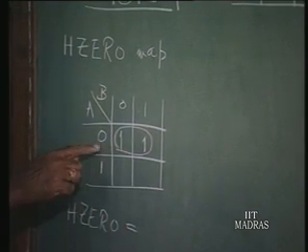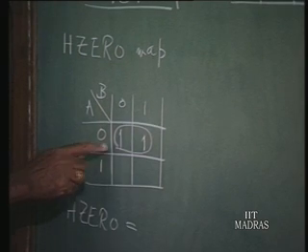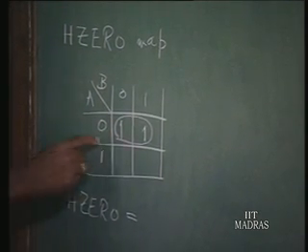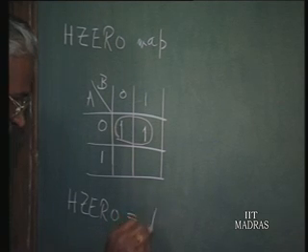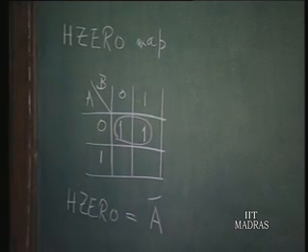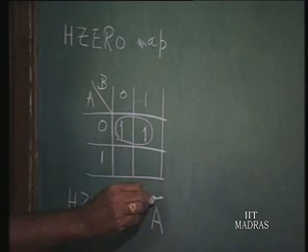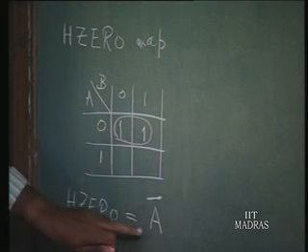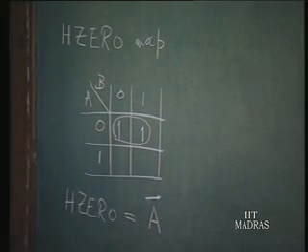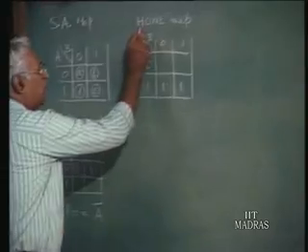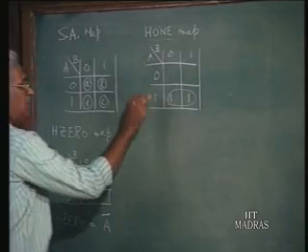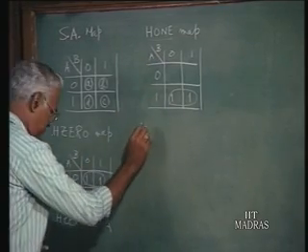It says whenever A is 0, H0 is generated, that is what that encirclement shows. That is, whenever A bar is true, that is A complemented, this is generated. And what about H1? H1 is generated whenever A is 1. So, the function of H1